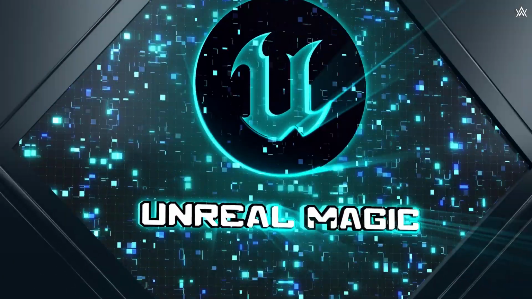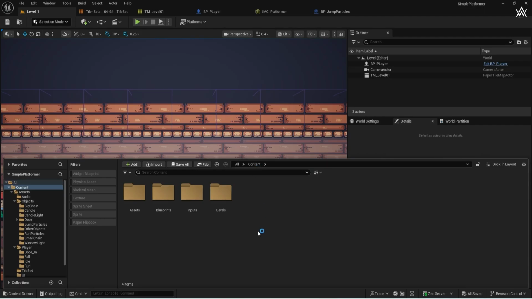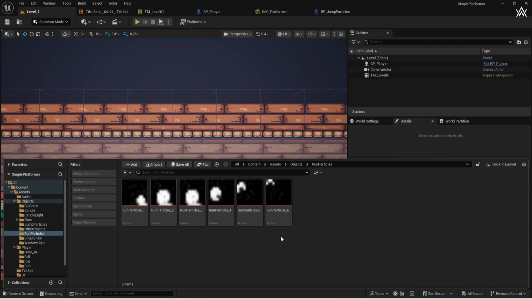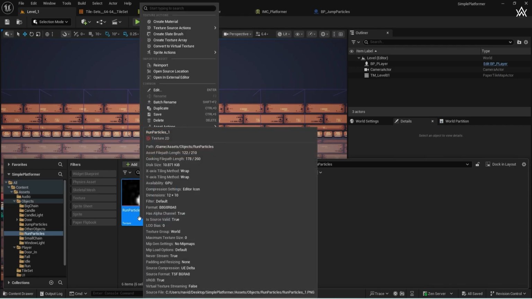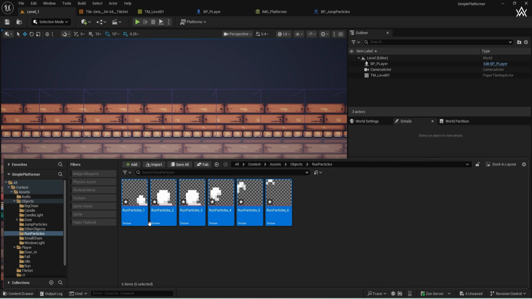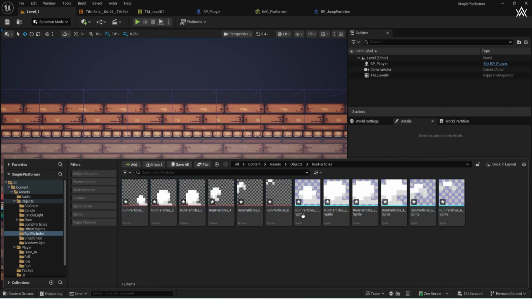Let's begin. For doing a footstep visual effects, first we need to create that visual effects. So let's just go to content drawer, go to content folder, and in here go to assets, objects, and we have run particles. This is what we want. As you can see, it is texture, so select everything, right click on one of them, go to Sprite action and click on apply paper to the texture setting. After that, right click on one of them, go to Sprite action, create a sprite off of them,